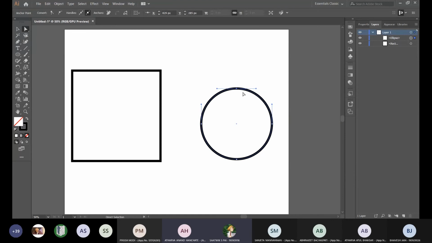If you use the direct selection tool, you can't see that happening over here. You don't see 2 lines going like this, but you see it happening over here. These are curves. You can elongate this. You can actually change the nature of this curve using these lines.